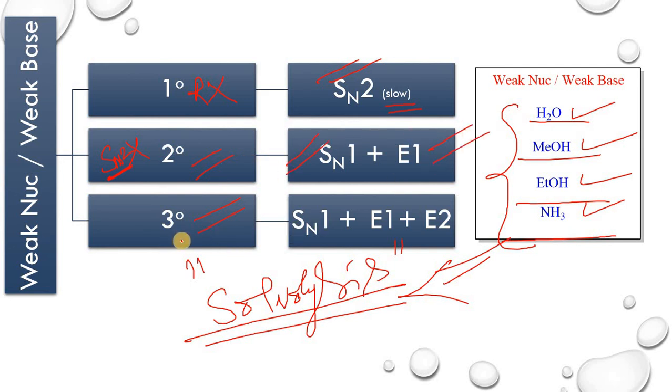In case of tertiary, whatever base you use, when there is a tertiary, there should be E2. E2 always comes. And since it is tertiary, there is a formation of carbocation, SN1 and also E1 mechanism when there is a beta hydrogen. What is the condition for elimination reaction? There should be beta hydrogen and anti-periplanarity. These are the two conditions. If these two conditions are satisfied, there is a elimination reaction, E2 reaction.